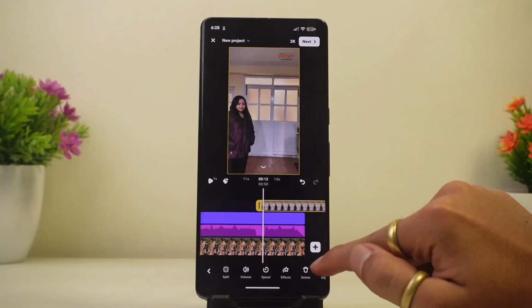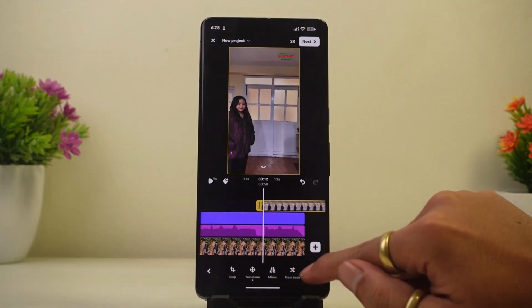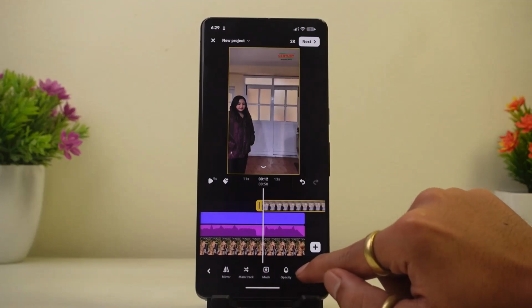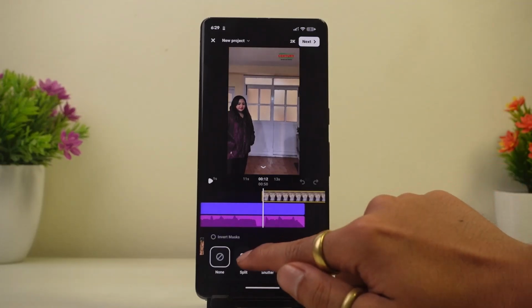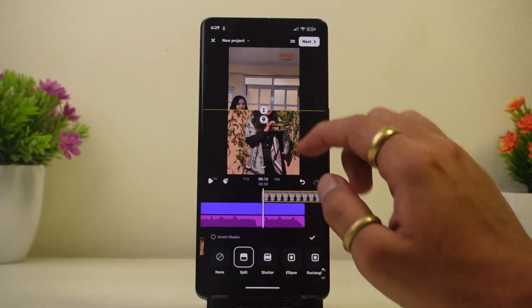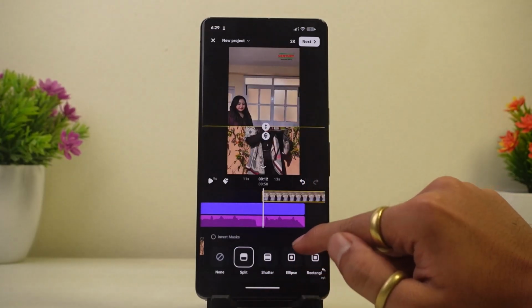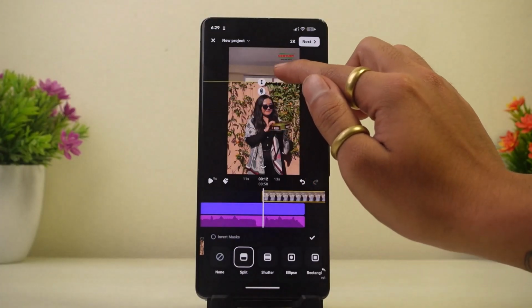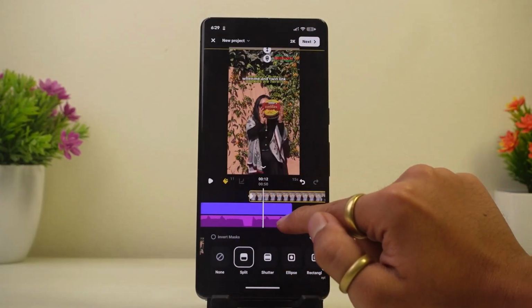overlaid video, and from here you should be able to find another option called mask. Go ahead and tap on it, then select this split option. Now as you can see, you can select between different shapes over here. I'll be selecting split. Now what you can do is use this keyframe tool by tapping once on it before